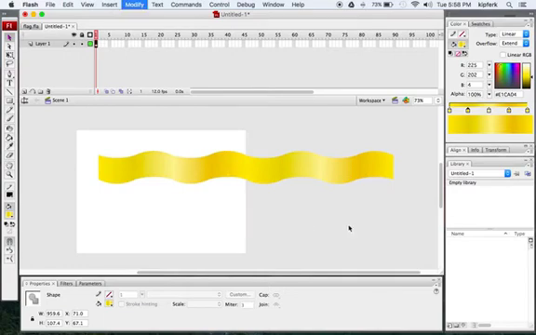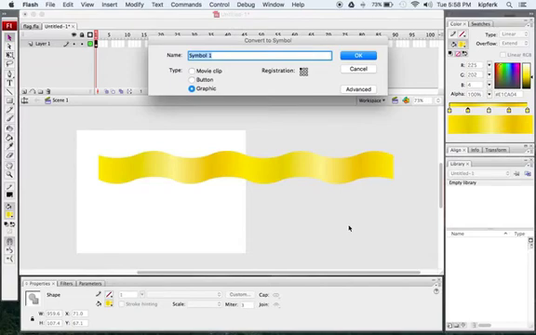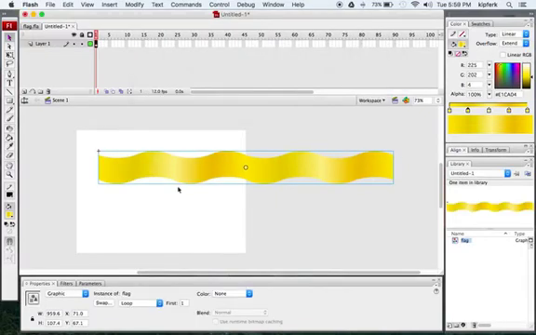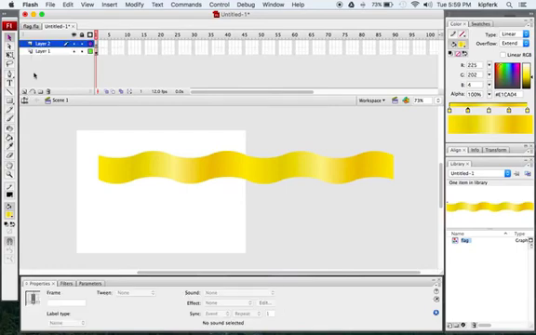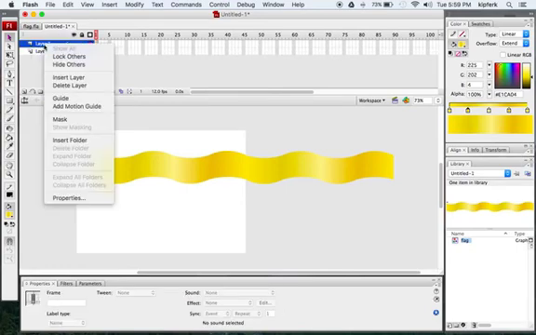So I'm going to press F8, and I'm going to call this flag, and keep it as a graphic, and say OK. Should have this blue line come up around it. Now what I'm going to do is create a mask layer above the ribbon layer. So what I'd like to do is create a new layer here. I'll right click on this one and go down to mask